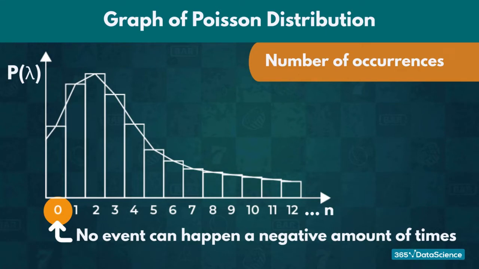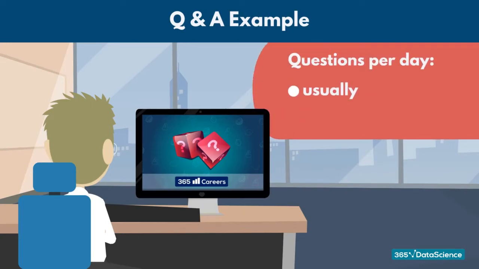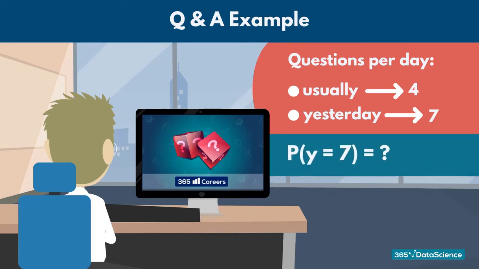Okay, let us explore an example. Imagine you created an online course on probability. Usually your students ask you around 4 questions per day, but yesterday they asked 7. Surprised by this sudden spike in interest from your students, you wonder how likely it was that they would ask